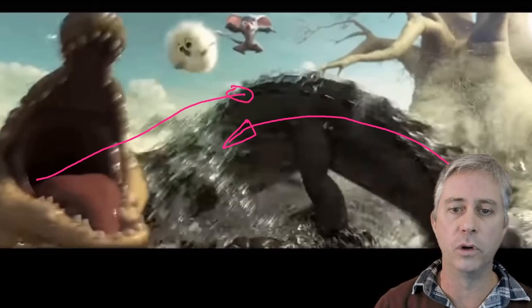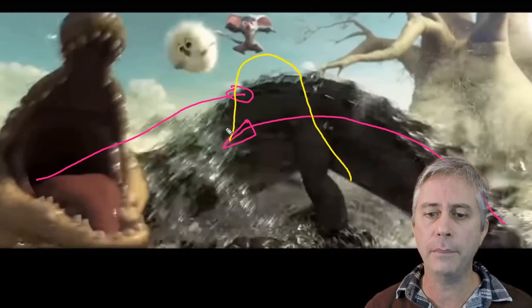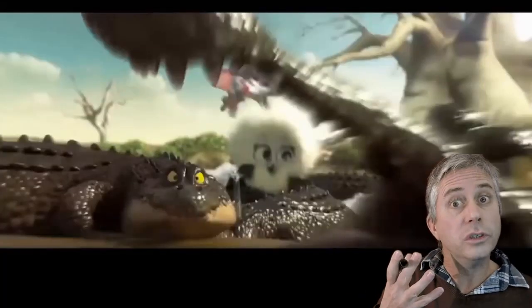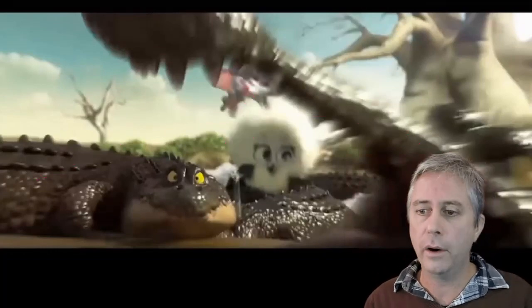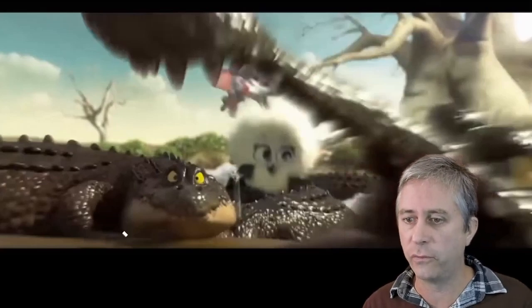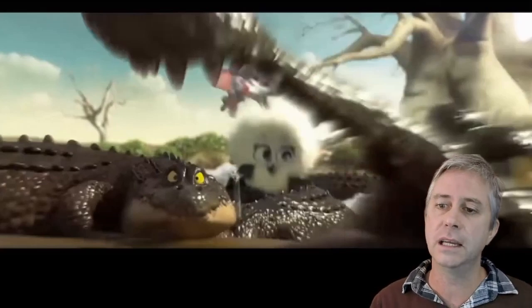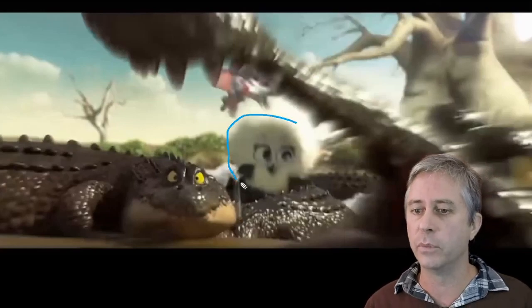So we've got lots of chaos happening. But as we get towards the end of this shot, we can see where our characters ended up with what action they've got. So our chick is in the foreground, dead center, been traveling this direction, coming from bouncing away from these crocodiles.